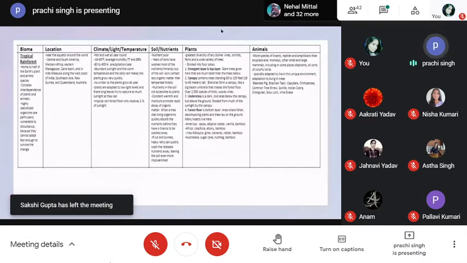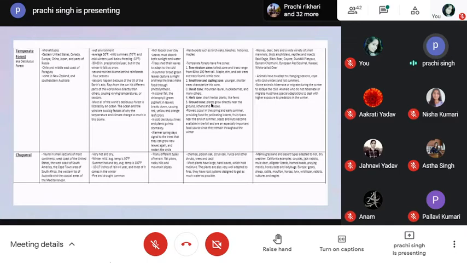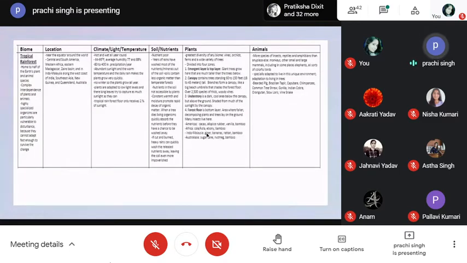Okay, and then of course the biological factors, which comprise your plants and your animals. Okay, that is your flora and the fauna. Now in flora, it's good if you can explain the layers, like in rainforest and the deciduous forest, your layers are a bit different. Okay, and of course you have to give examples of names of plant species and animal species that are there in India. Okay, because in case they ask you the question